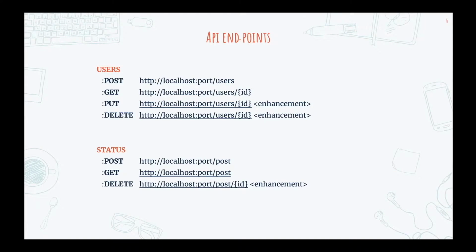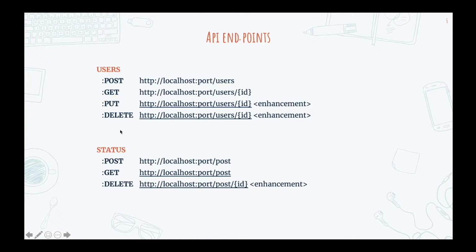As we have discussed a few minutes back, the first API or the microservice that we need to build over here is the user service, where we will be creating the endpoints such as post, get, put and delete. Over here we will be implementing the post and get, because these are the primary and the basic tools that we need to build for creating our application. But if you want some enhancement in your application, that is additional features such as a user can update their name or profile pic, you have to implement the put functionality over there.